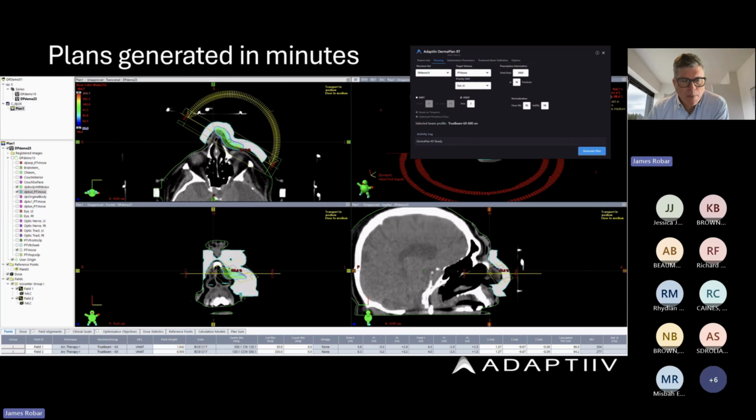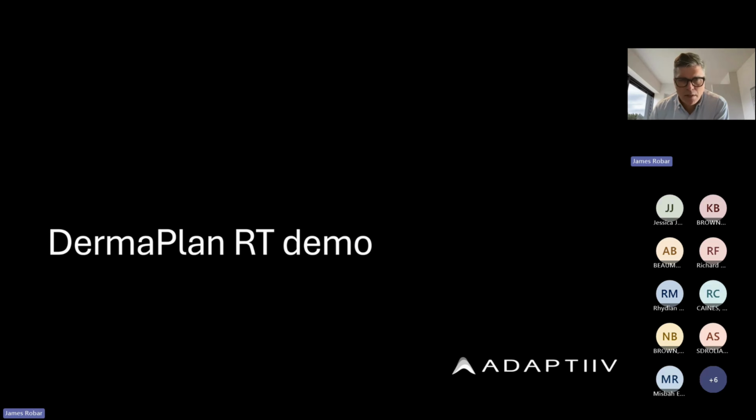So the result of this is a plan, a brand new plan, and we're going to try this in a second. And this can be produced within just a few minutes. Typically, at least on my system, this is a couple of minutes for IMRT and probably within 5 minutes for VMAT with a couple of partial arcs. So with that, let me stop sharing that and let's jump over to